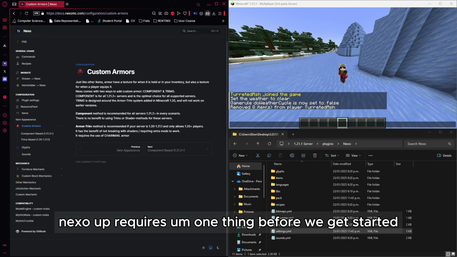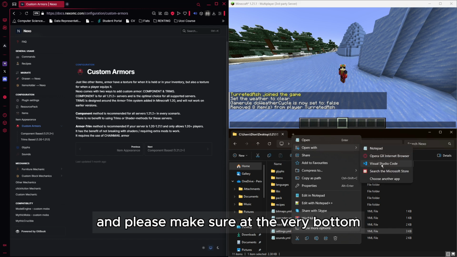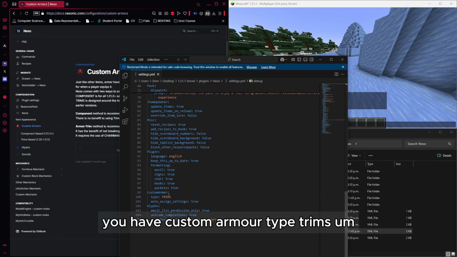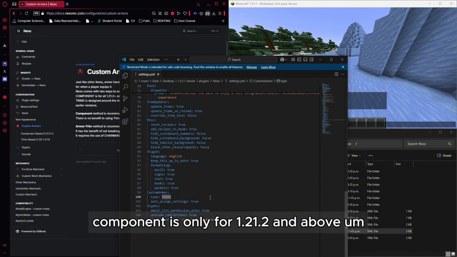One thing before we get started, please go to your Nexo settings and please make sure at the very bottom you have custom armor type trims. If you have it as any other methods like component, it will not work. Component is only for